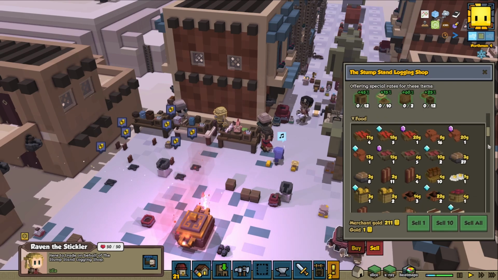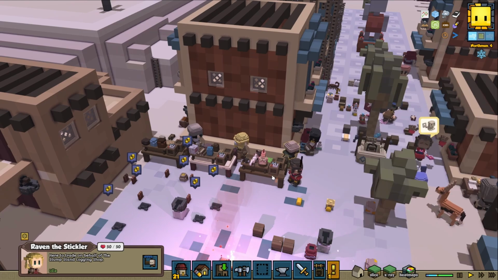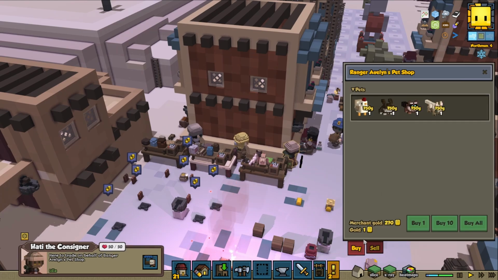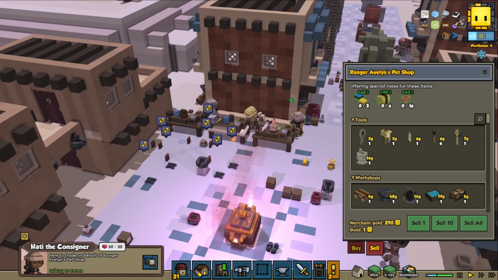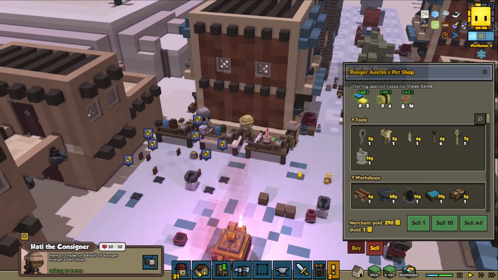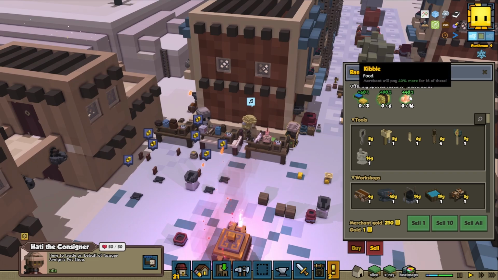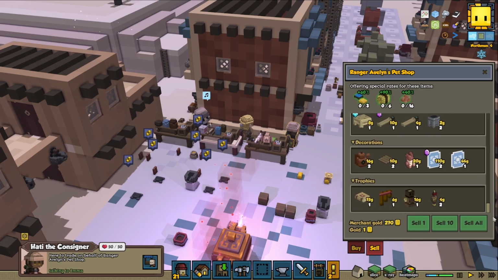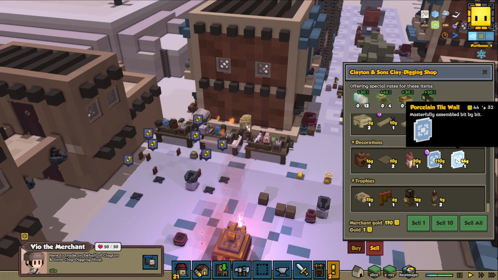And who knows, maybe there's someone that paid extra. You can see 110 for that, right? I don't think any one of these were paying extra for that, but we can have a look. Pet beds. That's really cute. They're selling pets and they want pet beds, and they're paying 90% more for a bale of dry grass and the food of the little creatures as well. That's awesome. So not really anything more. However, I'm gonna sell...